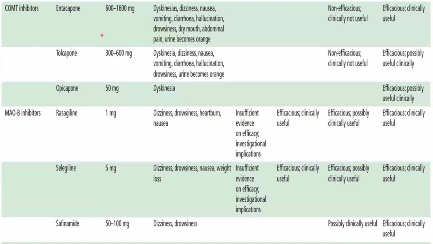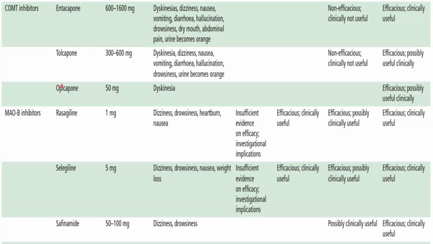Entacapone is available in 100 and 200 mg preparations. You can give TDS or QID along with the levodopa. Predominant side effects would be again dyskinesias and pain abdomen. Sometimes urine color may change to orange. So whenever you're giving entacapone, like your ATT drug, this also causes change in the urine color to orange. Don't panic. Just counsel them that the drug will cause these kinds of symptoms. Okay, tolcapone, due to the hepatotoxicity, is not routinely used.